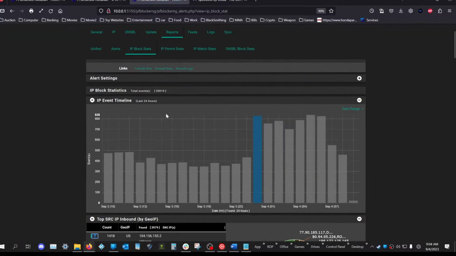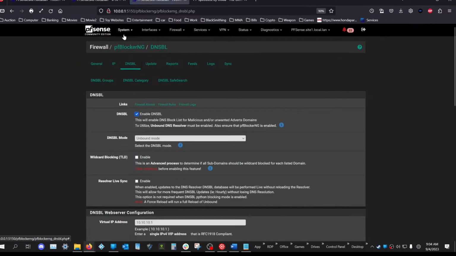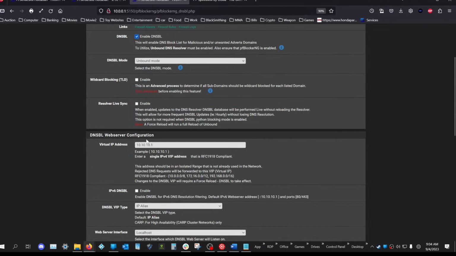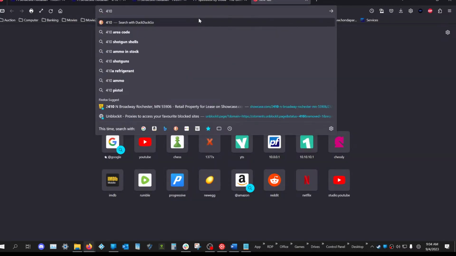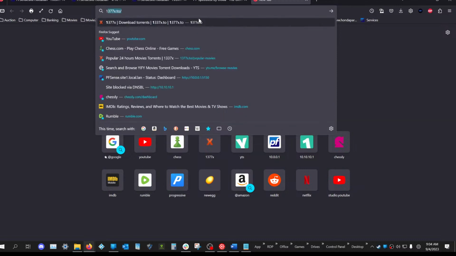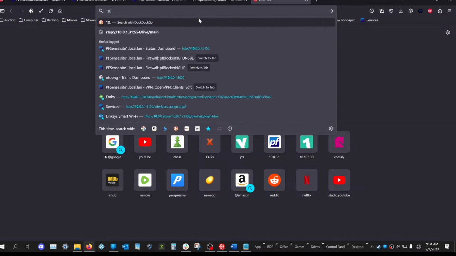It blocks stuff by either IP address or by DNS name, and you can have one or the other, or both enabled. I have both enabled, and basically what it does is when you go to a bad website, something that's blacklisted,